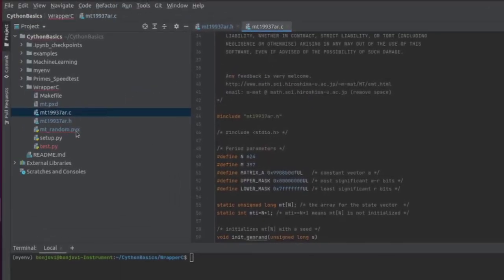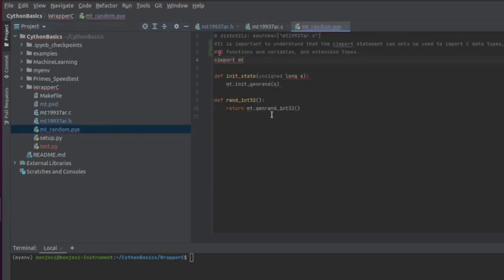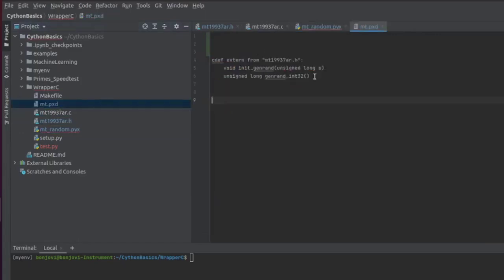So let's now look at our implementation pyx file. And let's look at now this pxd file, and this pxd file has this cdef extern, which actually creates that interface between the C code and the Python code.